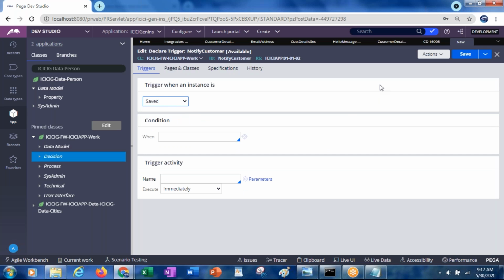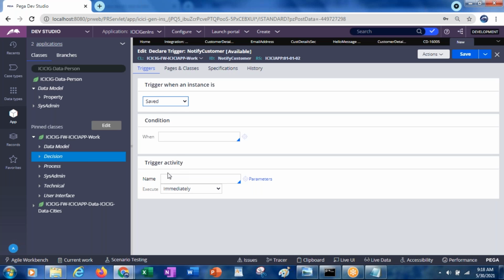In general, in the activity when you use the Obj-Save method, we have something called Write Now. The Write Now checkbox will be set, by which it will be saved to the database immediately. In that case you can use committed save, or committed delete. Otherwise, saved is also fine: whenever you save the record to the database, that is fine too.